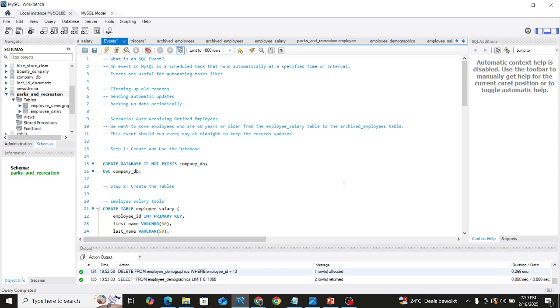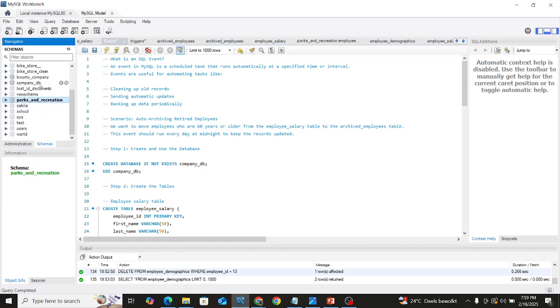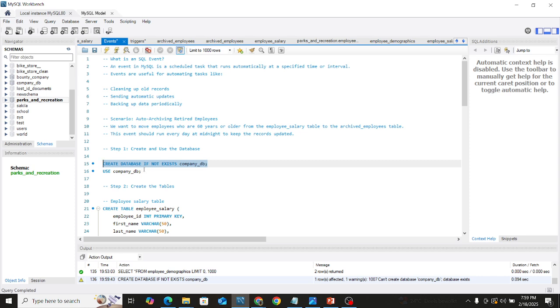So, the first thing that I want us to do with this scenario is to create a new database called company DB, and then we are going to create two tables. I think I had already created that schema, so let me just execute these. The create database if not exists. So let me just execute this command to create the database